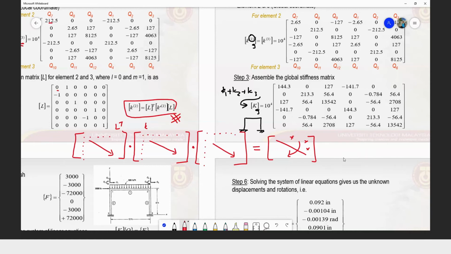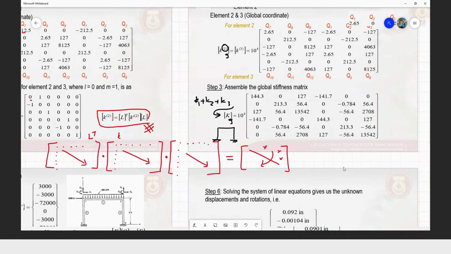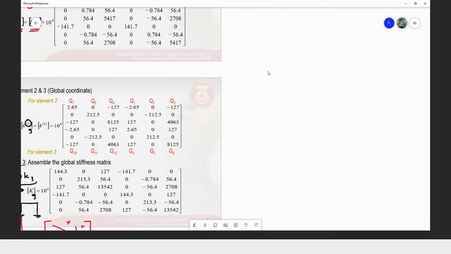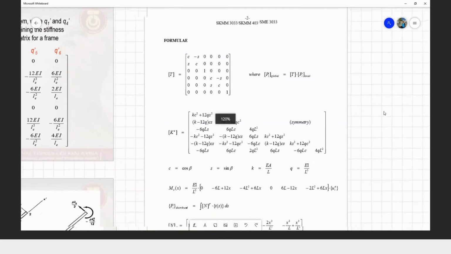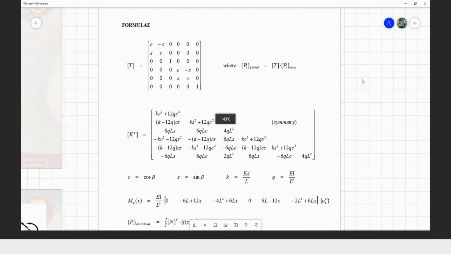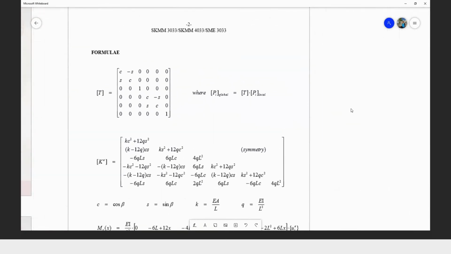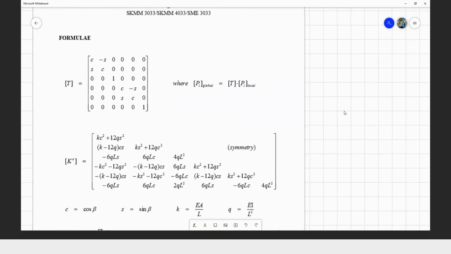Okay, element stage. For example, let's look at this. Okay, let me show you the equation first. So this equation we will supply during the test and exam. So I recommend,